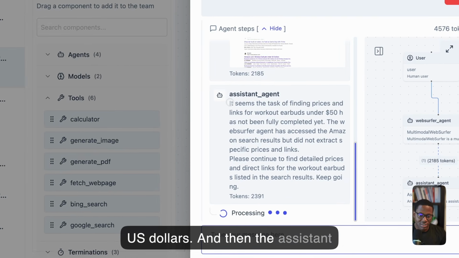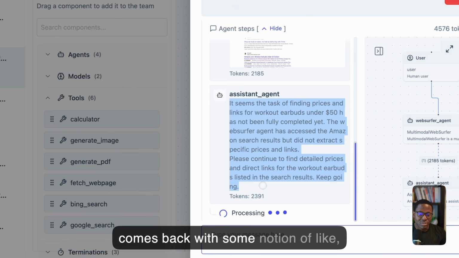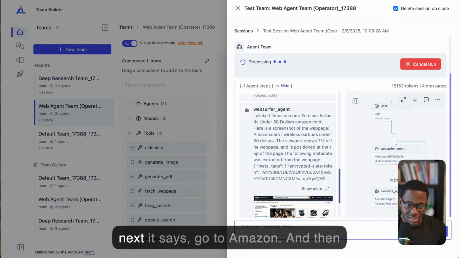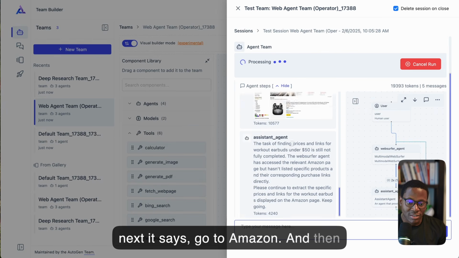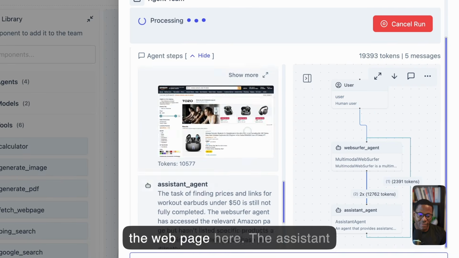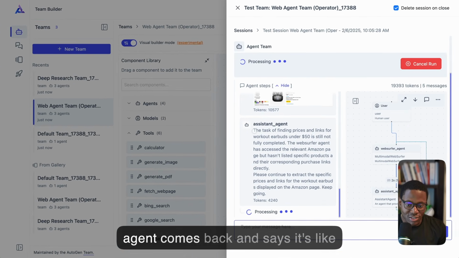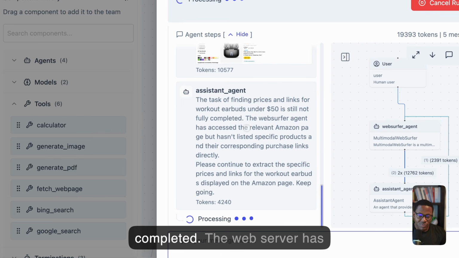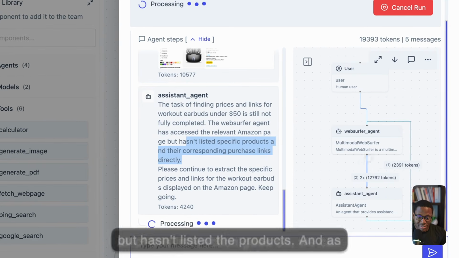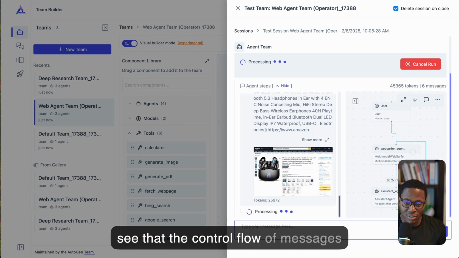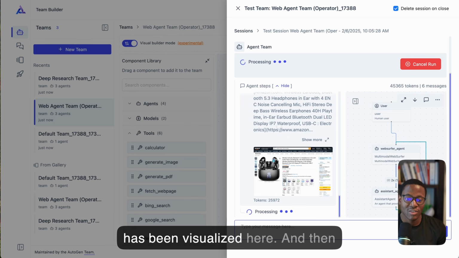And then the assistant comes back with some notion of, hey, here's what the task is all about. And next it says go to Amazon, and then it goes down to Amazon. It looks like the web page here. And then the assistant agent comes back and says that the task of finding is still not fully completed. The web server has accessed the relevant Amazon page but hasn't listed the products. And as all of this interaction goes on, we can see that the control flow of messages is being visualized here. And